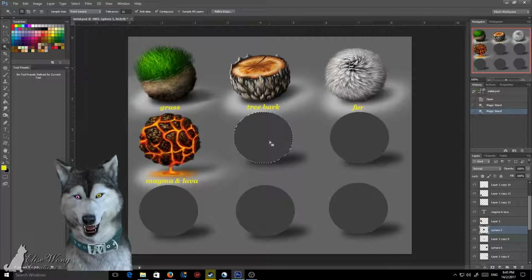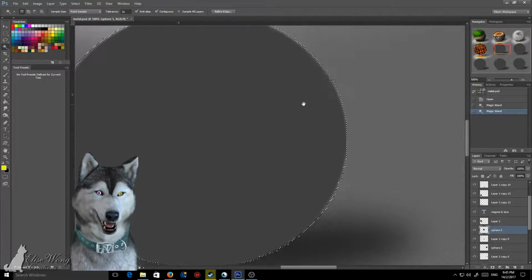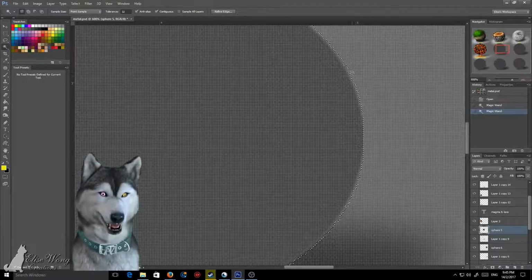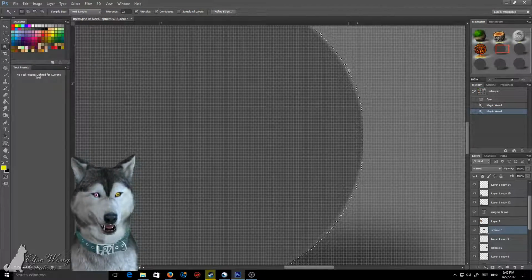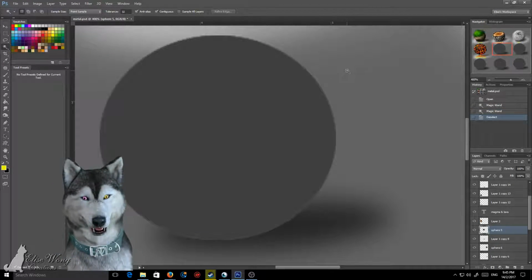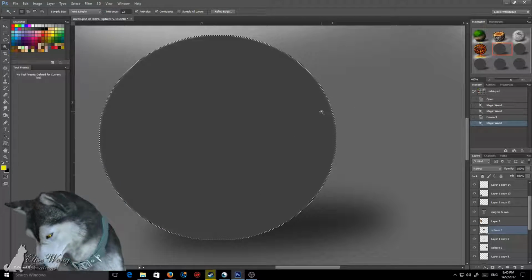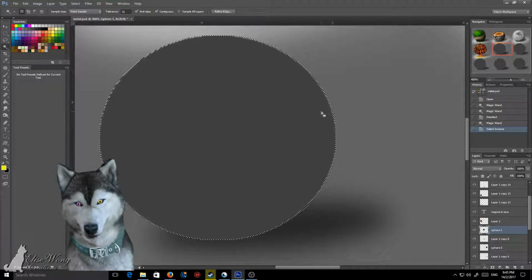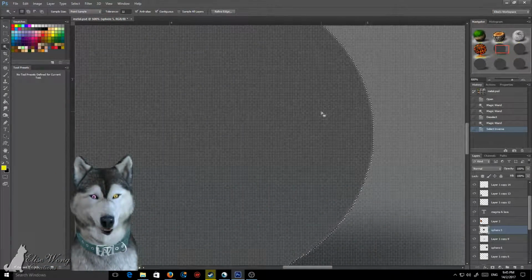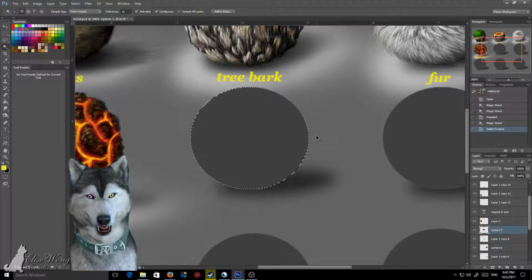You can select the inside, but sometimes you can see that there is a tiny little space out here. Yeah, it's like one tiny pixel. And out of habit, I tend to select the outside. And then I'll inverse it, which is Control-Shift-I. This is kind of more helpful in